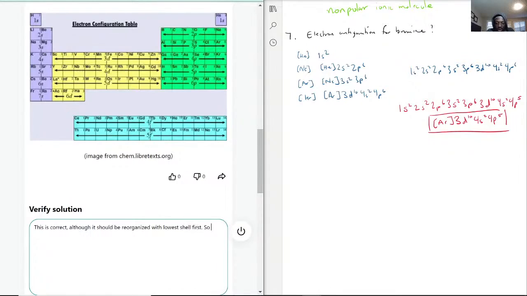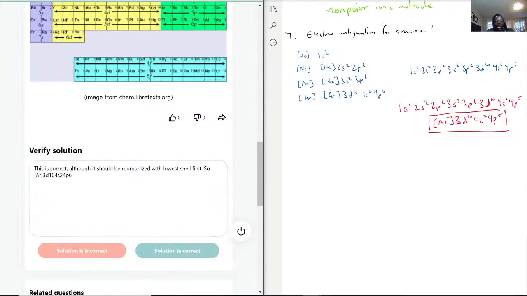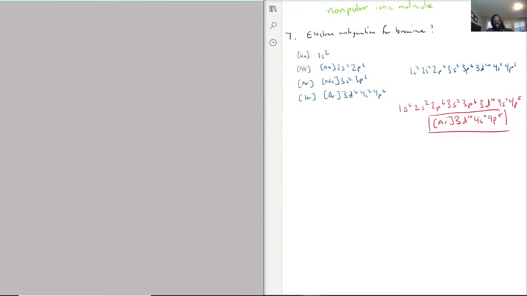So it's going to be argon 3d10 4s2 4p6. The reason why I keep emphasizing that is because some chemistry professors and teachers can be very specific